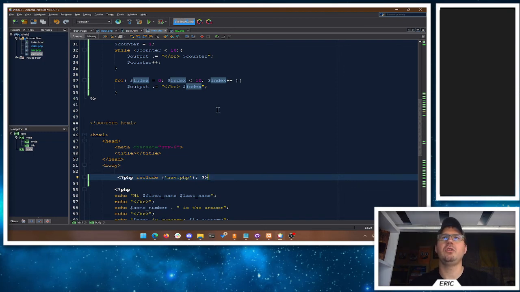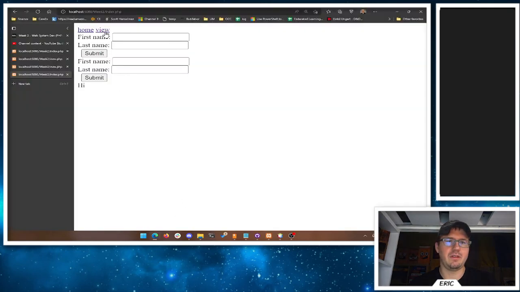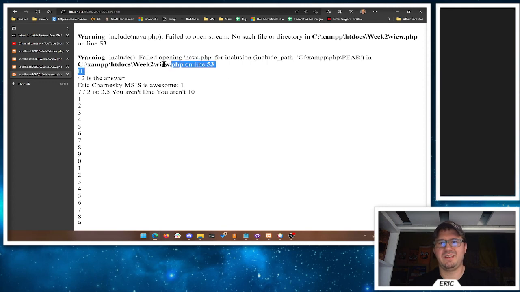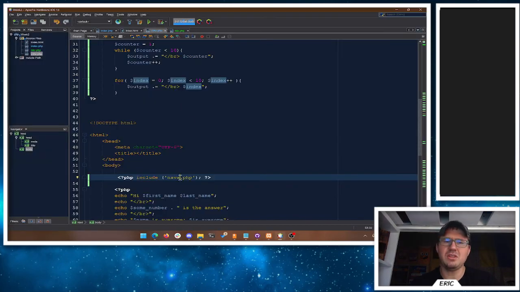Now there's also a require option. Require is a little bit different than include in that it will fail if the file doesn't exist. So if I misspelled this and said Nava for whatever reason, and I go back to my page, that was in the view page, I get a warning here, but it doesn't crash. It's not great, no such file or directory. We can't find Nava.php. Not the end of the world, but it's not great. But if I change this to require here,